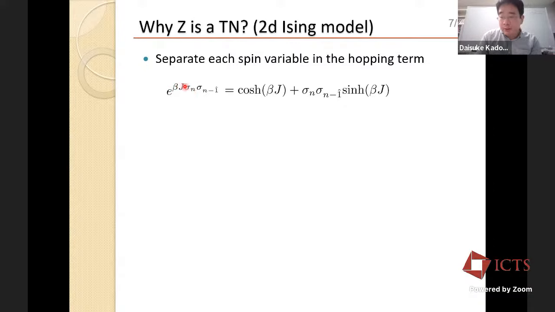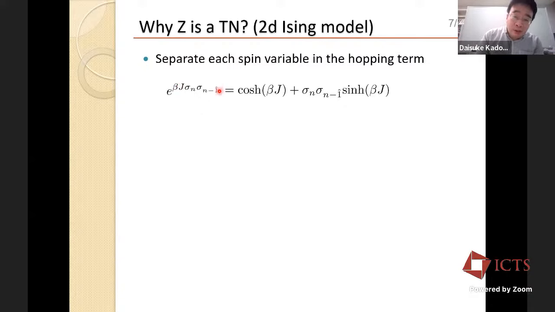Sigma n is the spin variable, which takes +1 and -1. And the lattice site is denoted by n, and 1 hat and 2 hat are